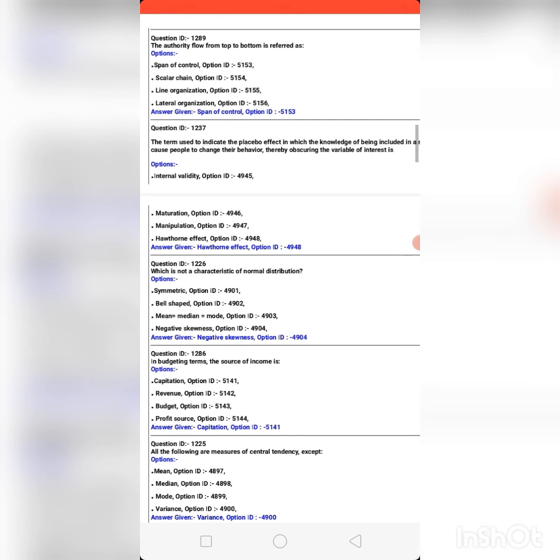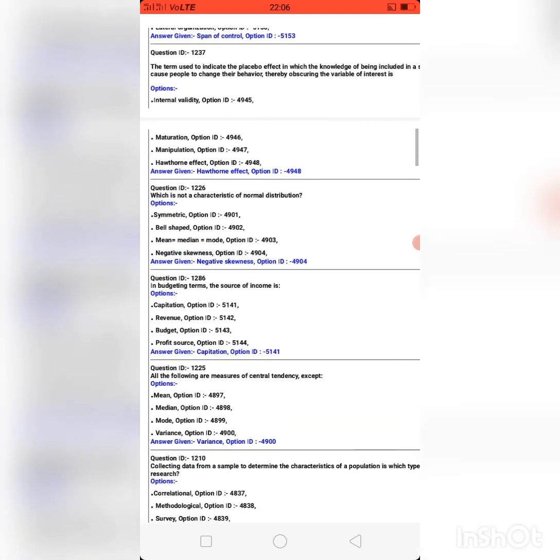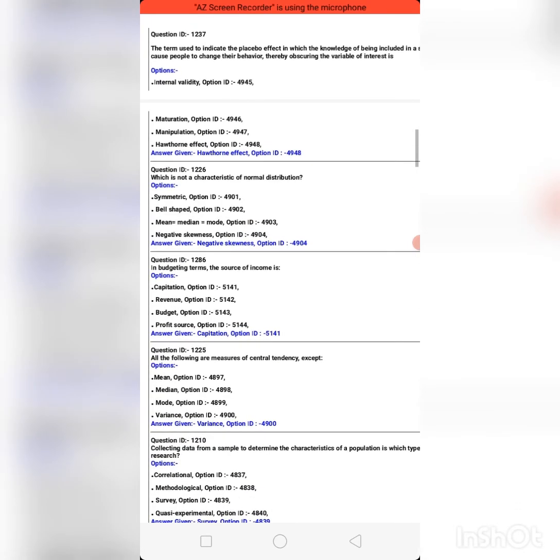Okay, moving to the next question. The next question is that the term used to indicate the placebo effect. Right, mind it here, placebo इफेक्ट. प्लेसिबो इफेक्ट क्या होता है? वो इफेक्ट जो कि हम कोई भी इंटरवेंशन नहीं डालते तब भी उसमें जो आपका कंट्रोल ग्रुप होता है उसमें जो रिएक्शन आता है, जो इफेक्ट होता है, दैट इज द प्लेसिबो इफेक्ट,